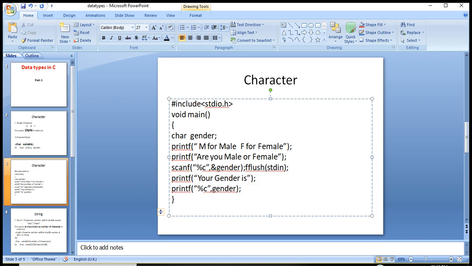One character means 1 byte, and char is the data type which is used to declare variables that will hold a single character. Then we have learned this program.